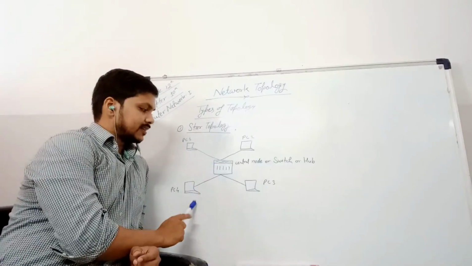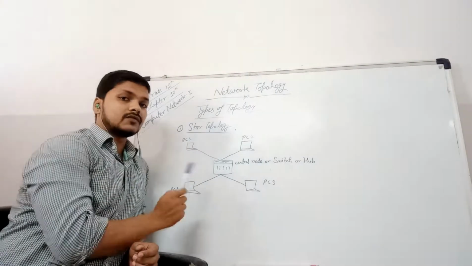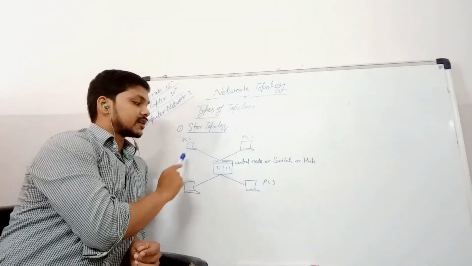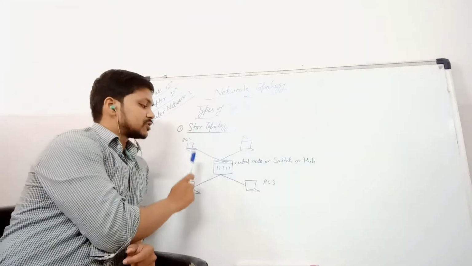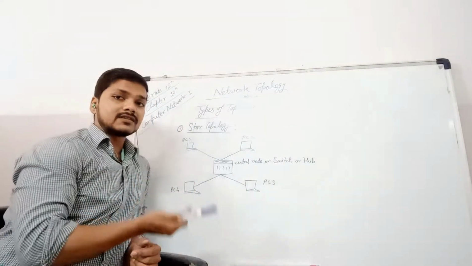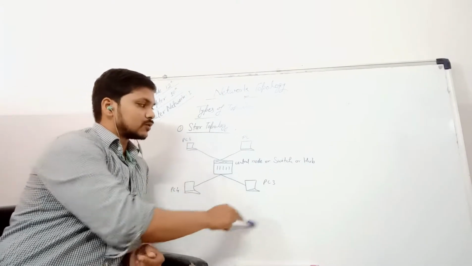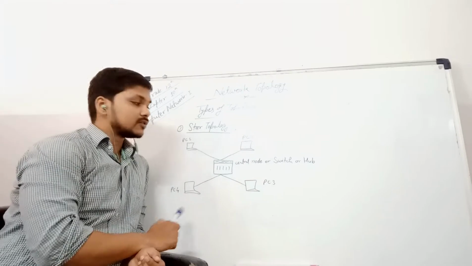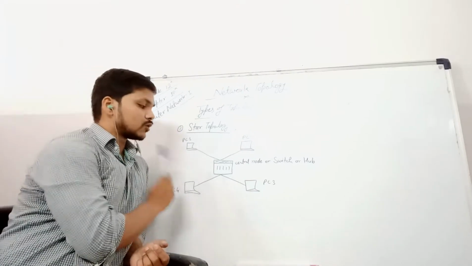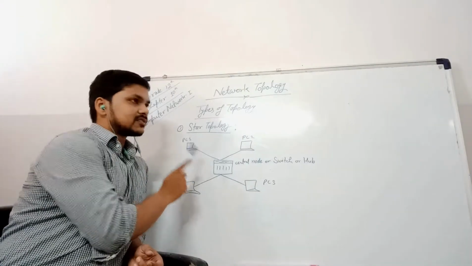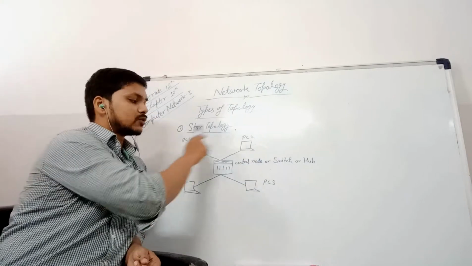So here, as you can see, this type of structure of connection or pattern of a number of electronic devices which are connected among them is known as star topology. Why do we give the name star topology? Because this structure looks similar to a star. This type of arrangement is known as star topology, where one system has a connection with all the remaining electronic devices.